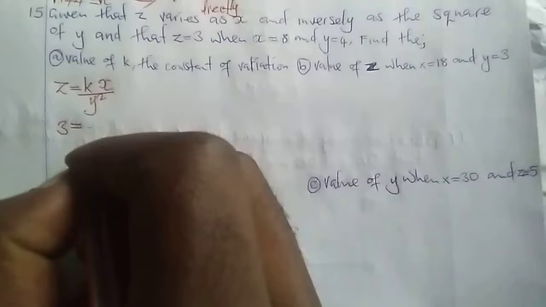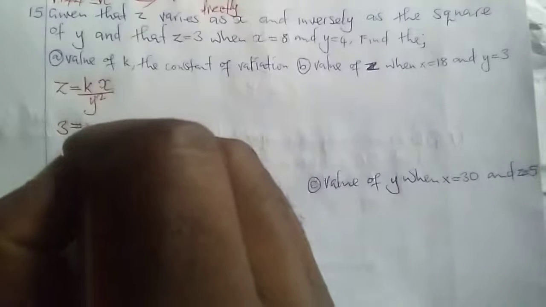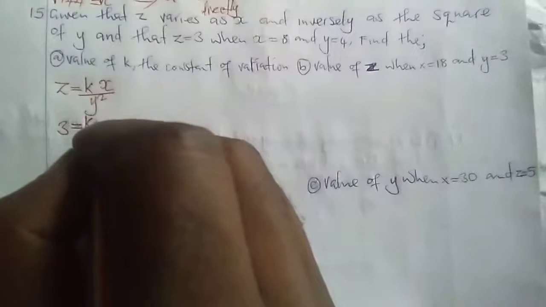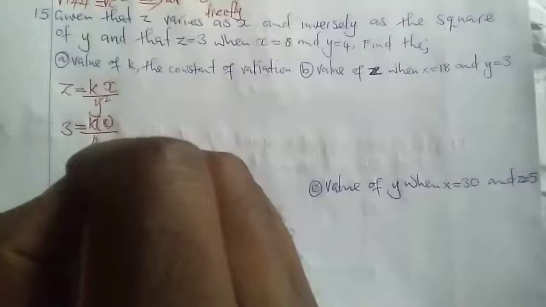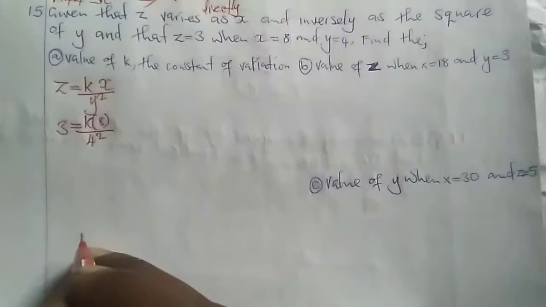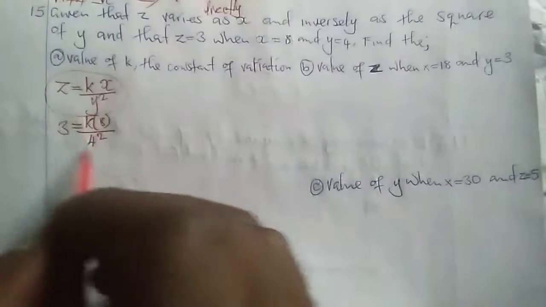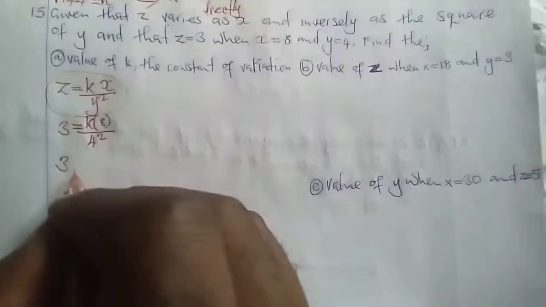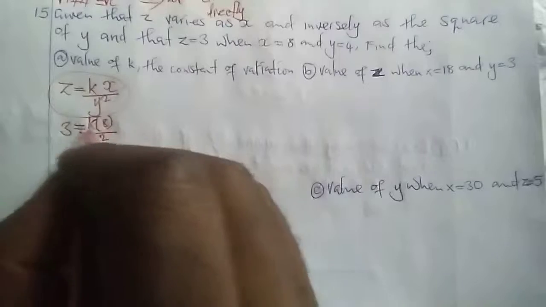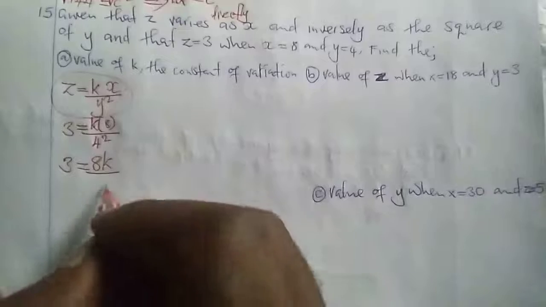Okay, z is equal to 3 when x, so you say k when x is equal to 8, over y is equal to 4, so we say y squared. Okay, now here we have started finding the value. We have come up with a formula which is here. Then now we want to find the value of k, the constant. So we're going to say 3 is equal to 8 times k will give us 8k, which will be divided by 4 squared,